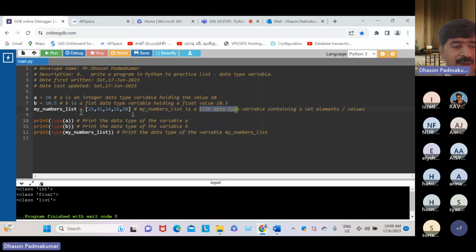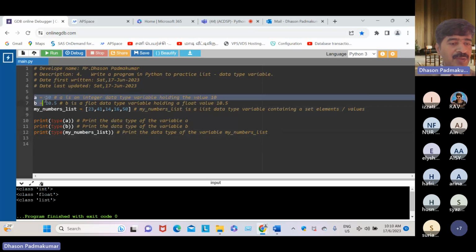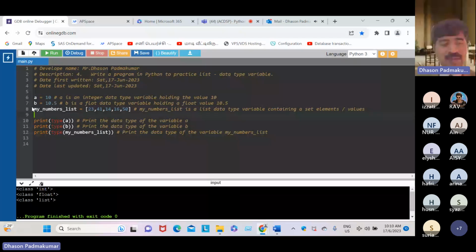Okay, dear students. The purpose of teaching this again is to make you understand what the data type list is. My numbers list is nothing but a list data type.